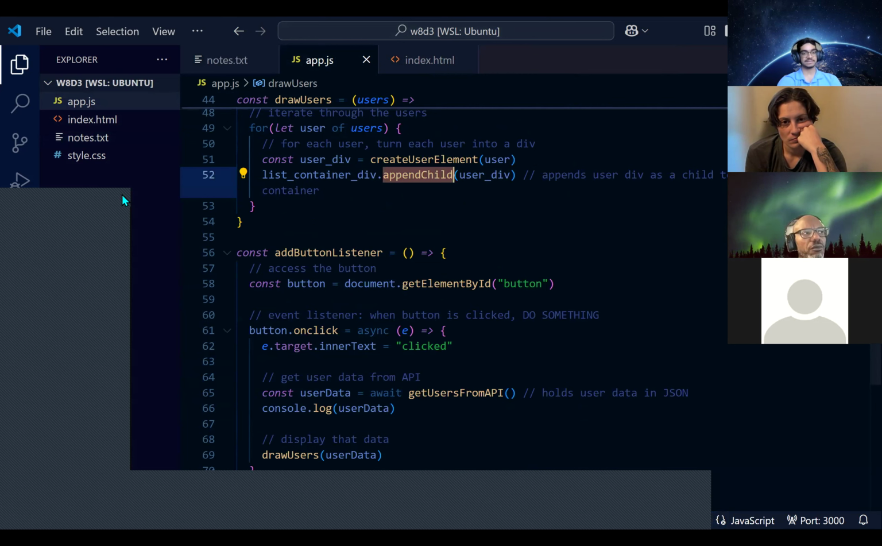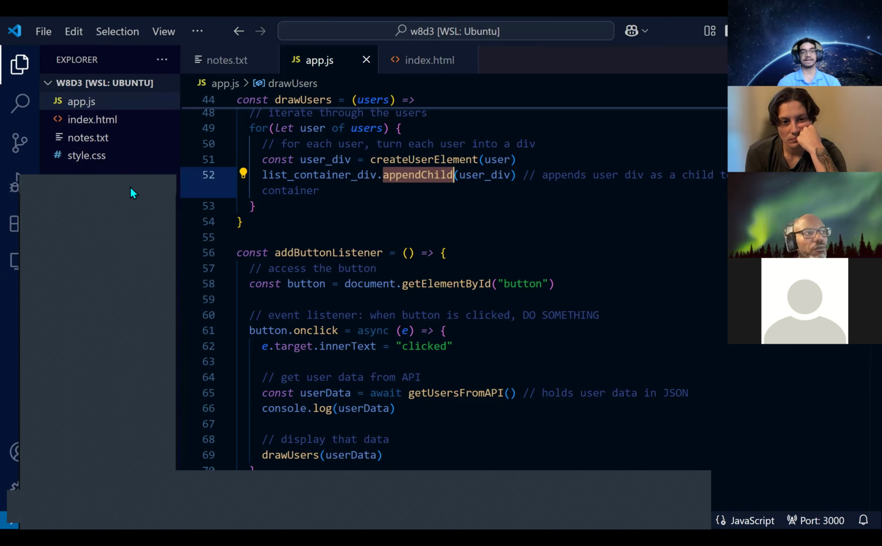Any questions about what we did today in terms of clicking a button and using it to pull things from an API and formatting it well? All right, so let's stop the